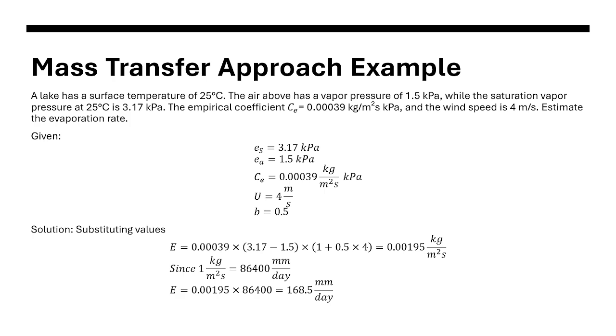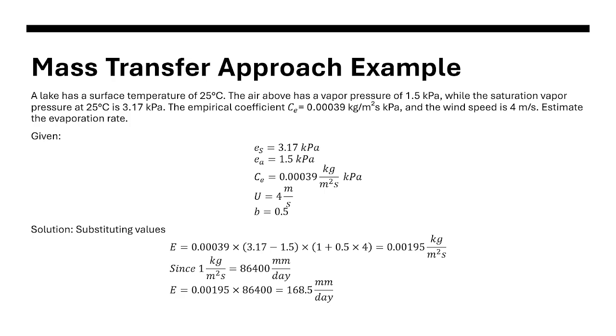So we have CE 0.00039 multiplied by the quantity E of S, which is 3.17, minus E of A, 1.5, multiplied by 1 plus b, 0.05, multiplied by u, which is 4,